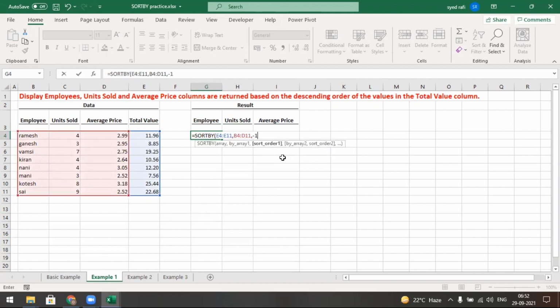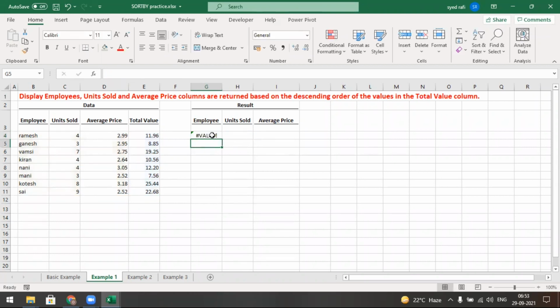Okay. So if there is another column you want to sort, you may give one more column here. That one is the total value. Depending upon the total value, I want to sort in descending order. I want to sort this total value in descending order, and I get these 3 columns. That's why I mention it here as a second argument and press enter. Sorry, what happened here?